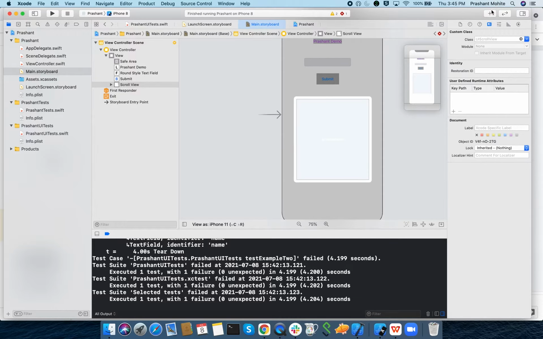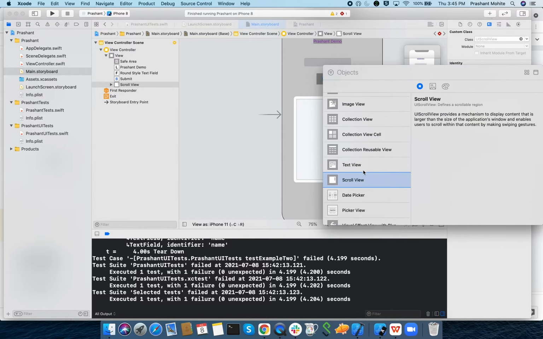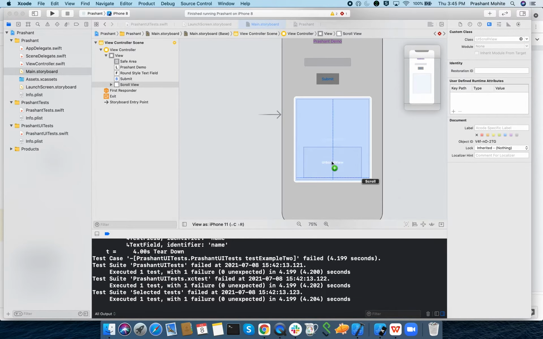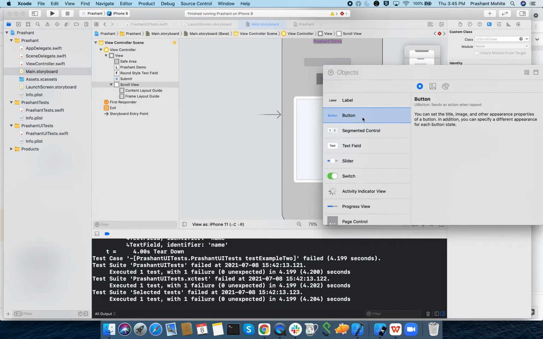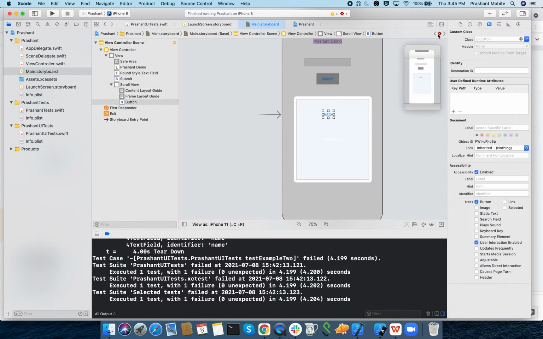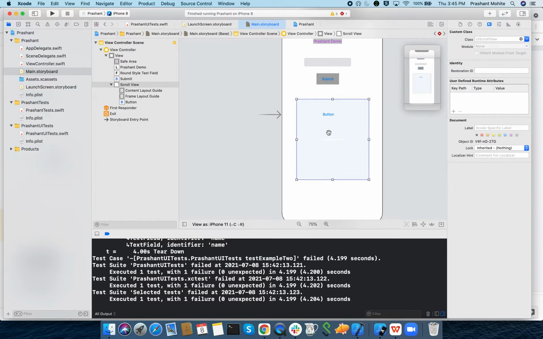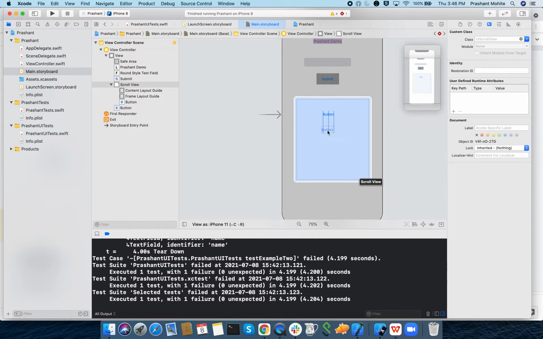And inside that I'm putting one more scroll view. I'll add this later. I'm putting a few buttons inside that. So I'll say button. This is my buttons inside the scroll view.